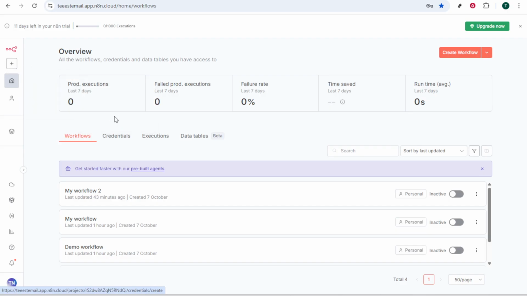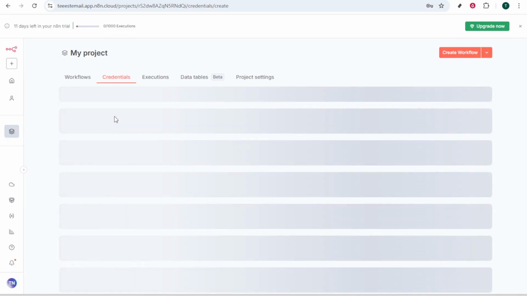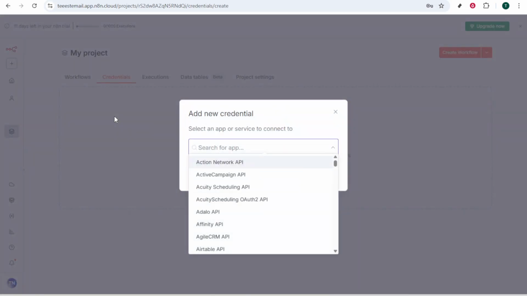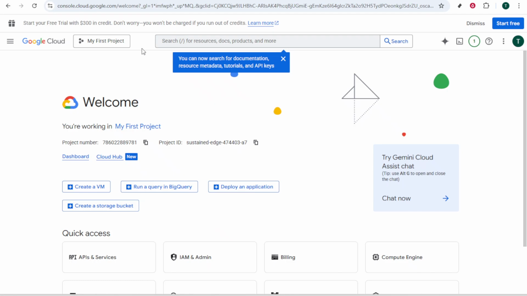Now, to obtain these keys, open Google Console. You'll see a list of projects. Click on My First Project and proceed to create a new project. Give your project a memorable name and, if applicable, mention your organization. With your shiny new project ready, always make sure you're operating within this project environment as you move forward with